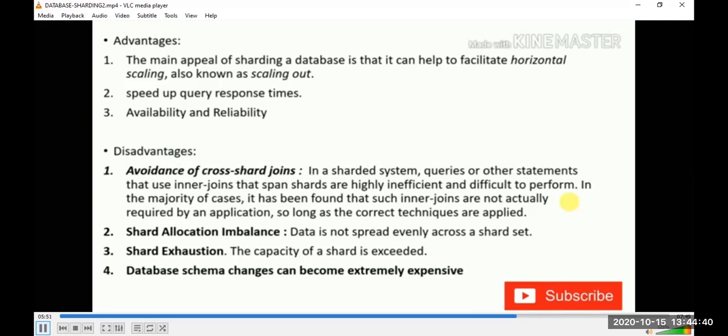यानी कि जैसा कि हमारे एग्जाम्पल में था कि एक एम्प्लॉय टेबल में डिपार्टमेंट नंबर 5 में काम करने वाले बहुत सारे एम्प्लॉयज़ हैं लेकिन डिपार्टमेंट नंबर 1 में काम करने वाला सिर्फ एक अकेला एम्प्लॉय है। तो हो सकता है कि आपके डेटा जो है शार्ड्स के बीच में इवनली डिस्ट्रीब्यूट ना हो।